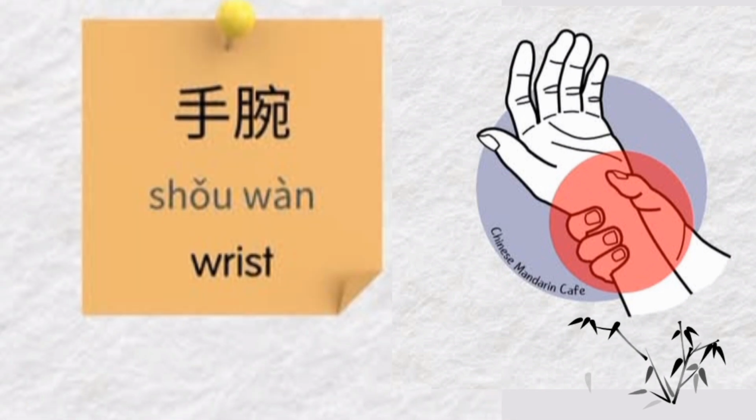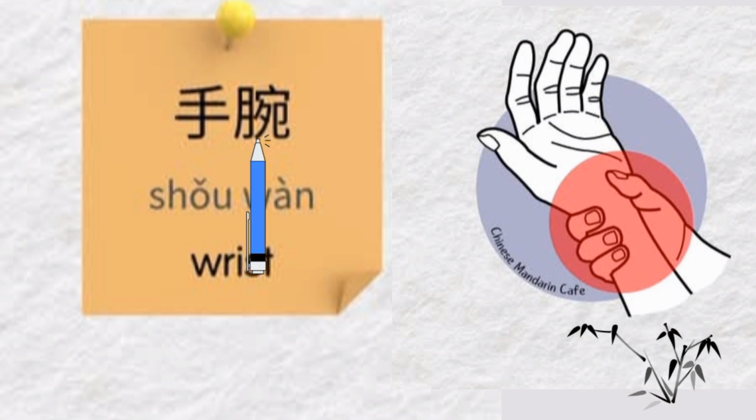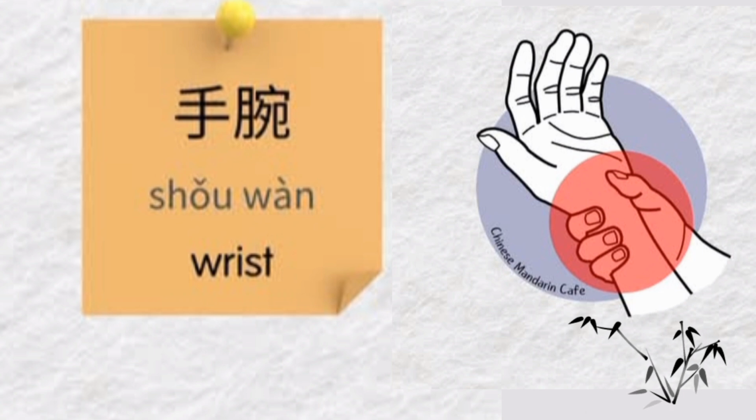First we have wrist, which in Chinese can be pronounced as 手腕. Let's practice it again one more time. 手腕. Let's explain it in detail. It has two characters, 手腕. First character is